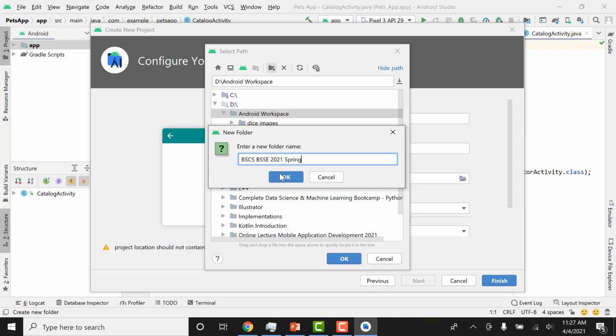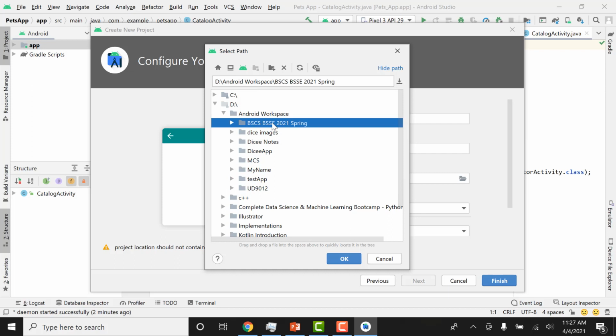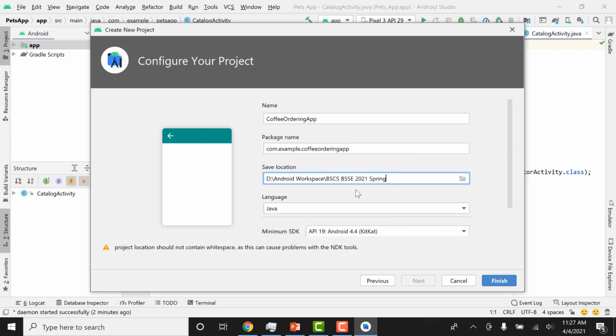That will be okay. So let me create that project. Let us go inside that project, and then I can click OK. But remember that it will just create a project with the name of this folder. So I'm going to put another backward slash. I'm going to copy this app name and paste it here.